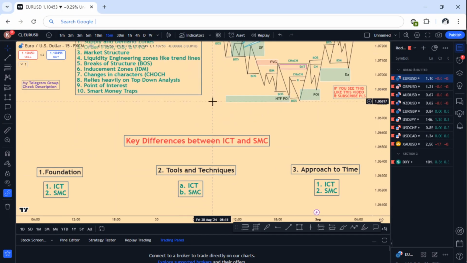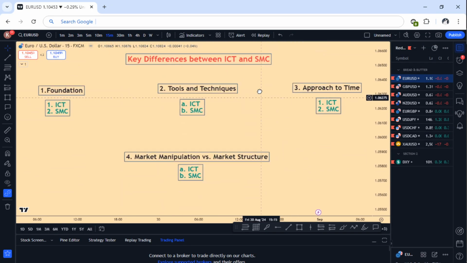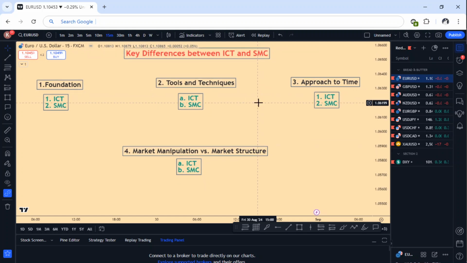Now, what is the difference between ICT and SMC trades? By the way, there is no big difference between ICT and SMC. That is what I wanted to take note of, that there is no big difference between the two, only that some elements are emphasized more than the other based on the type of trading strategy. Now the first parameter to check on the difference is